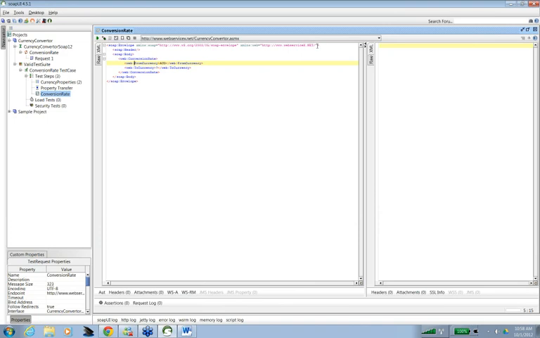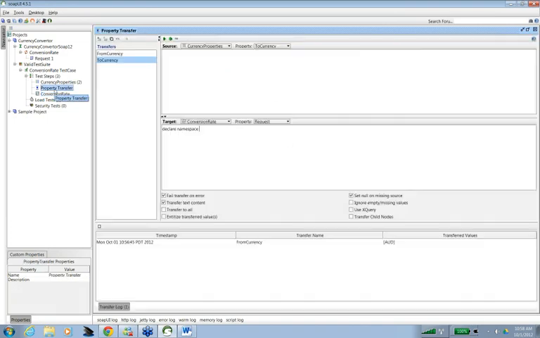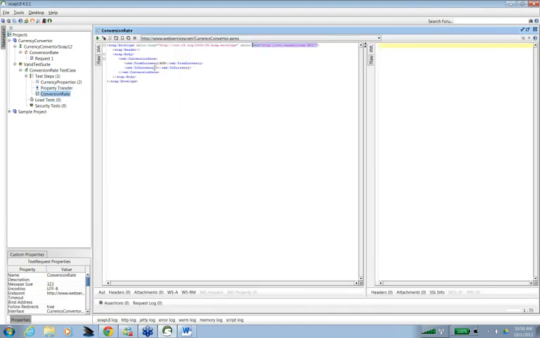So I'll just copy this namespace from here. And then I'll give the XPath. So the XPath for to currency is this thing.